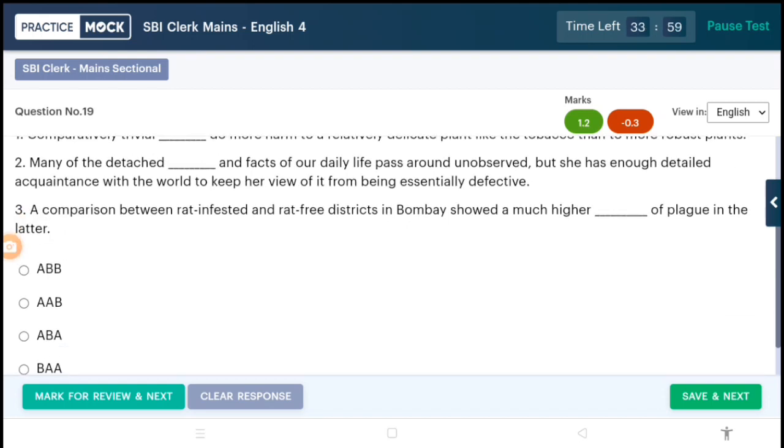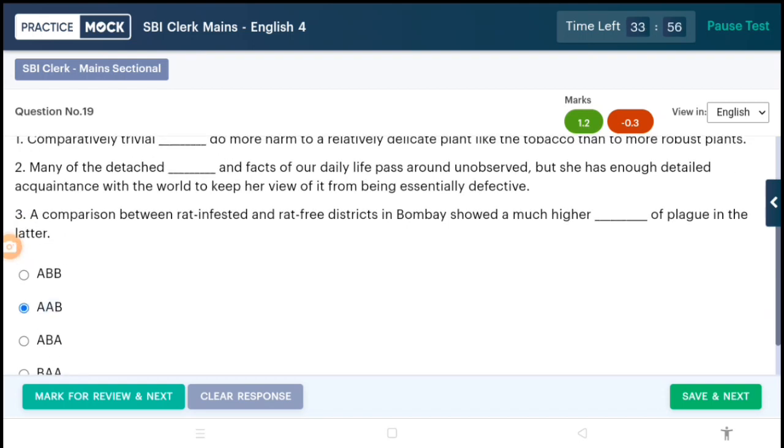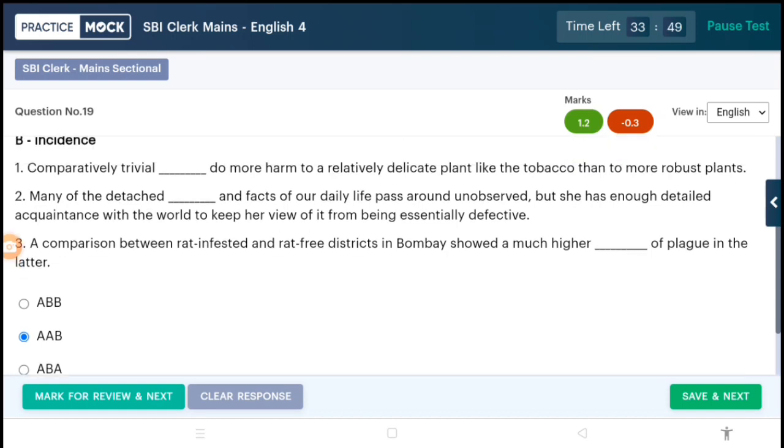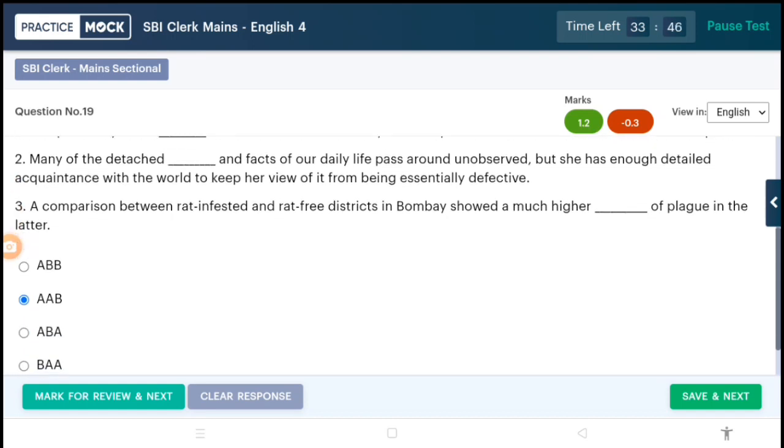So, this comparison between the rat infested and rat free districts in Bombay showed a much higher